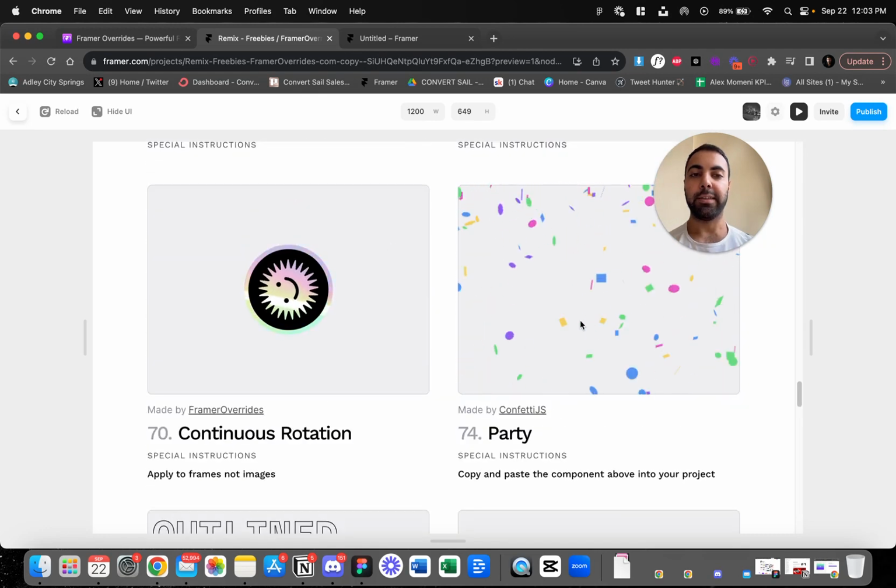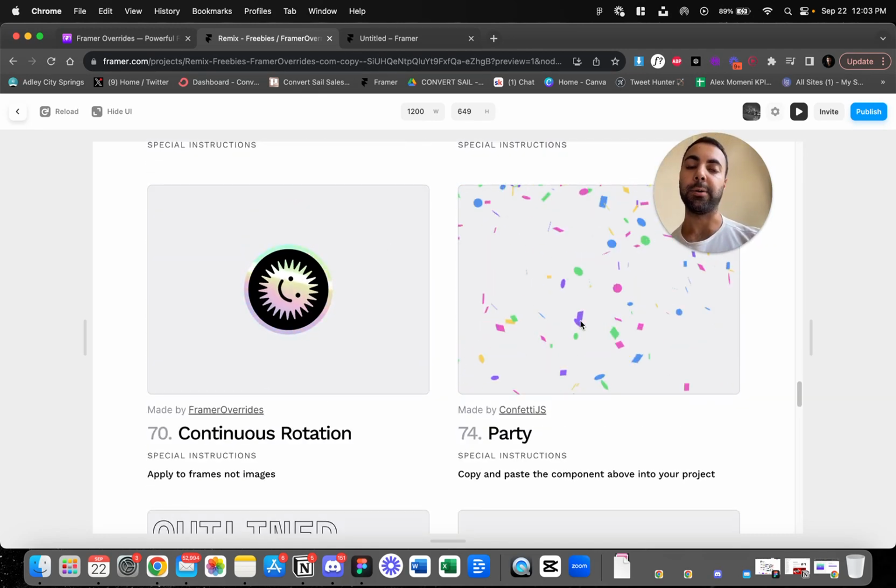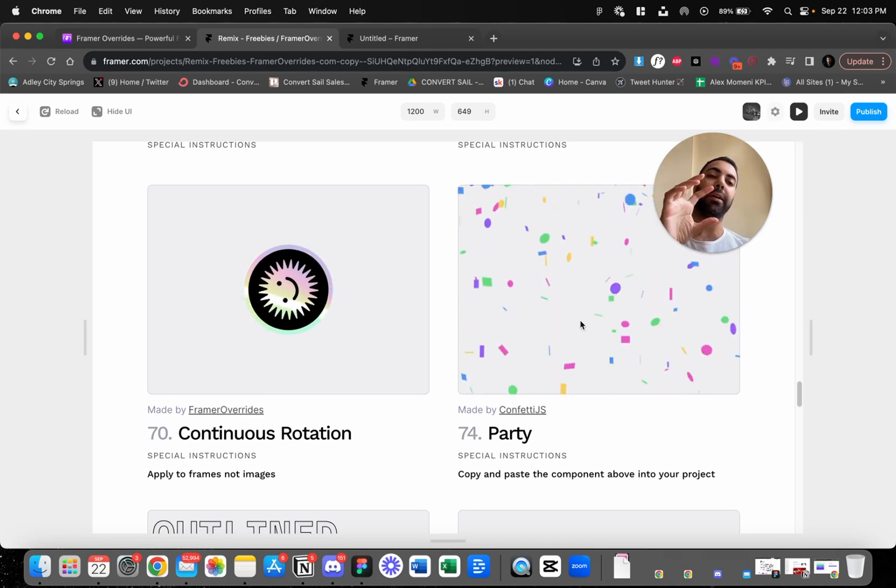So yeah, the confetti, I did that with a page recently. It was like an animated counter, then plus the button, CTA click,